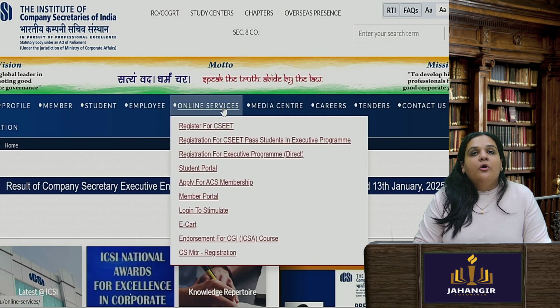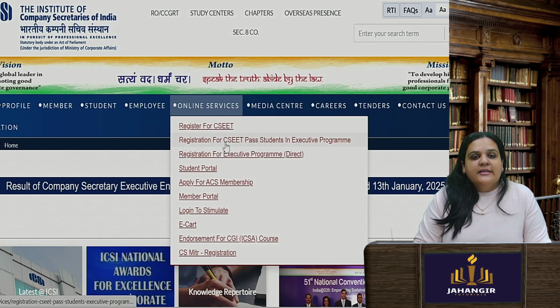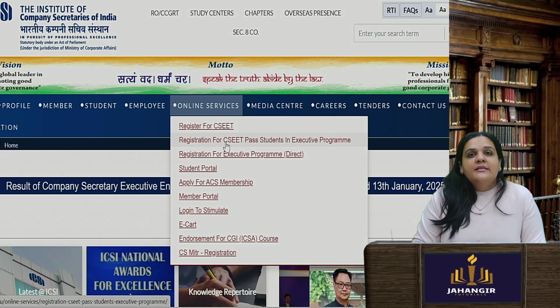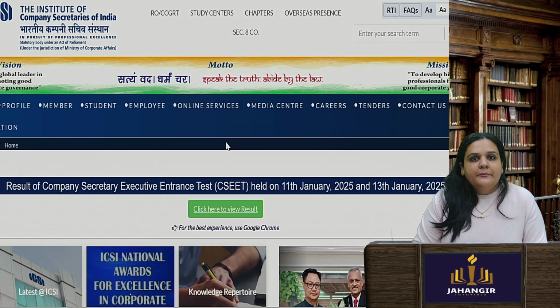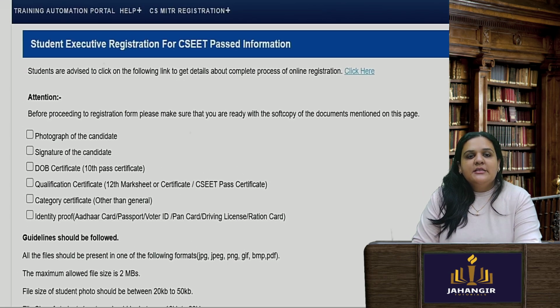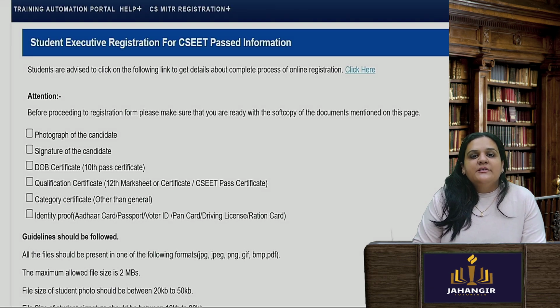In that you have online services. They have given one section, registration for CSET pass students in CS executive program. Once you click that, you will come to this student executive registration for CSET pass information.